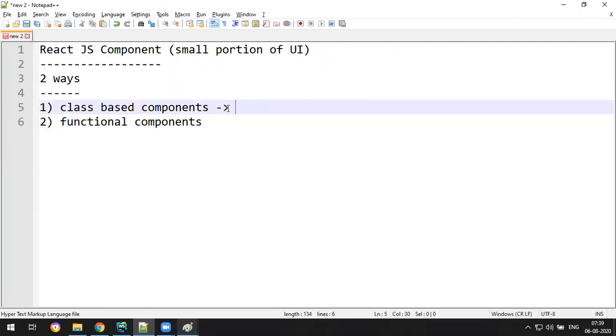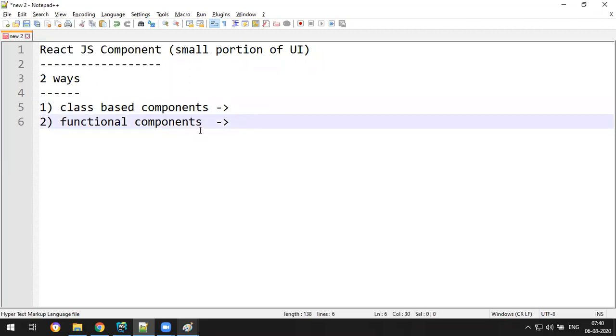It means, because React purely depends on JavaScript, right? In JavaScript, you can create an object functional oriented, and you can create an object using class oriented. It means functional programming you can do in JavaScript, object oriented programming also you can do in JavaScript. So that's the reason why React.js has given two ways. Using class you can create, using function you can create. So what is latest? Latest is functional component when compared to class-based component.